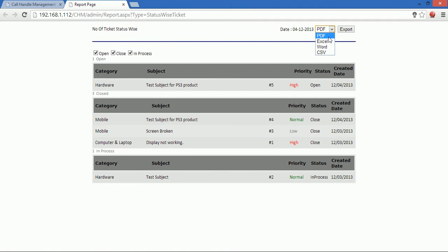If you want to export in PDF format, then select PDF and click on export. If you want this report in Excel format, then select Excel and just click on the export icon. If you want to see this report in Word format, then click Word and export.